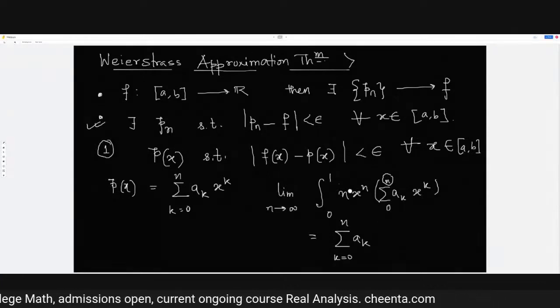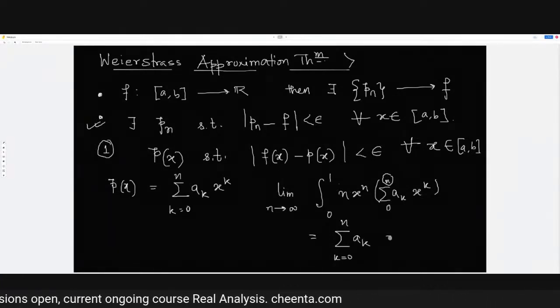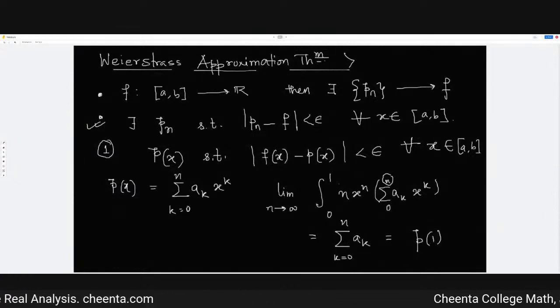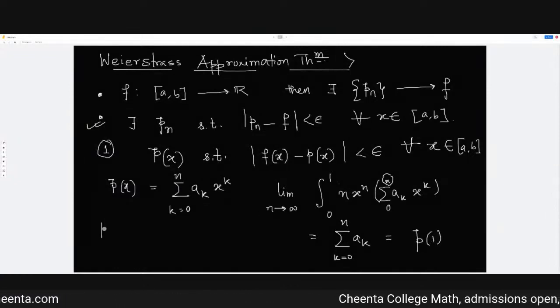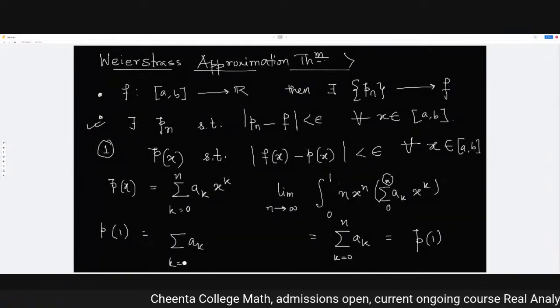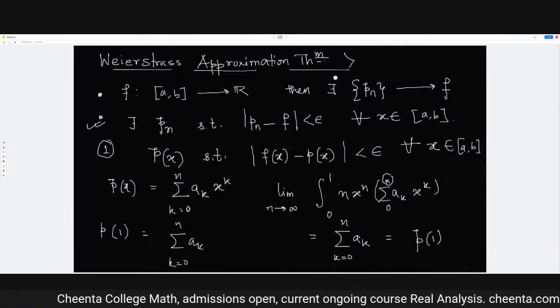Okay, so the moment you do this, what is this? This is nothing but your p of 1. Because if you take p of 1, p of 1 is nothing but the summation over ak. So now